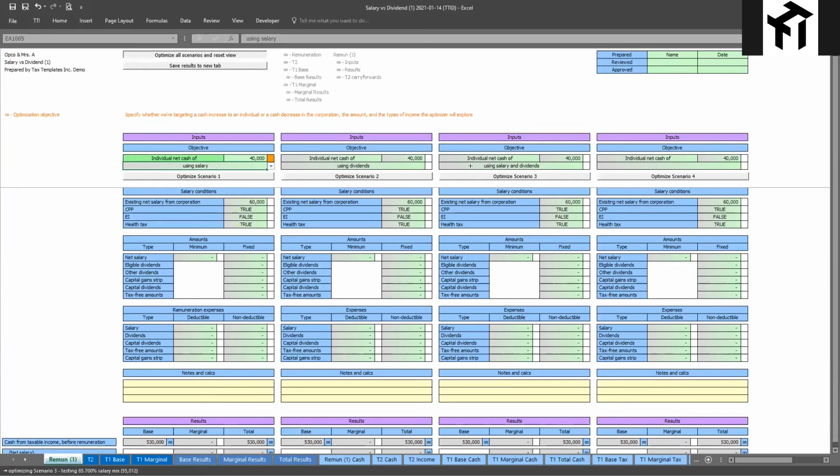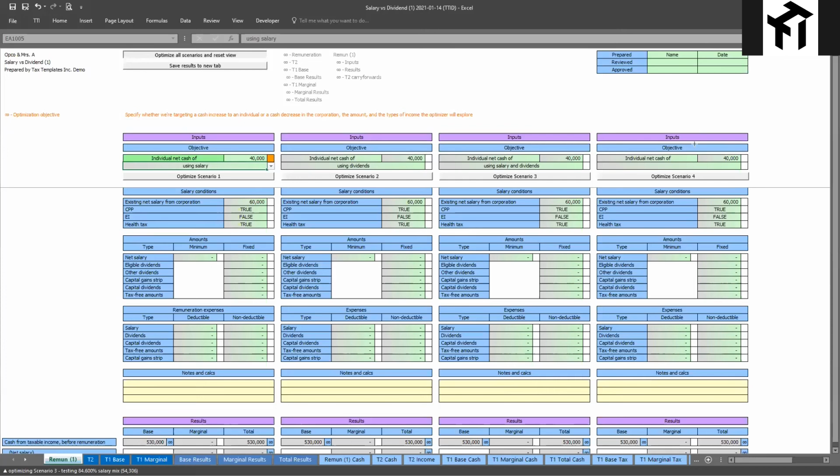Now you can see in the worksheet here, we have 3 scenarios that have been set up. The first one is using salary only. The second one is dividends only. And the third one is using a combination of salary and dividends. We do have a 4th scenario, which you are able to use. And a very popular one that's being run this time of year is looking at capital gains and capital gain